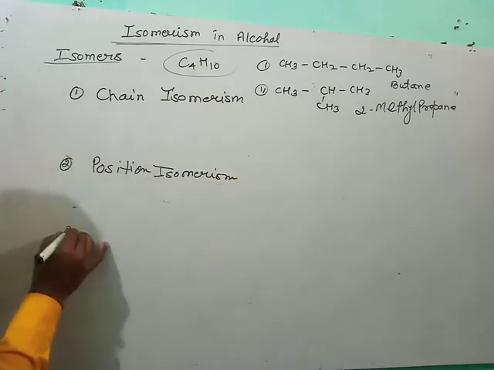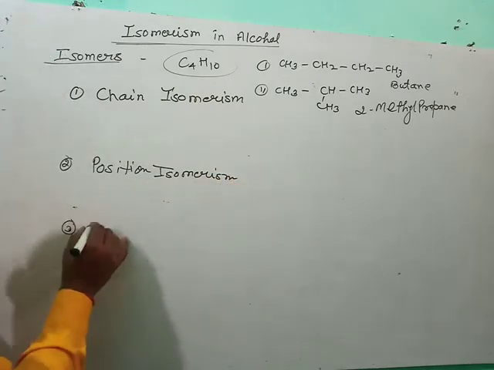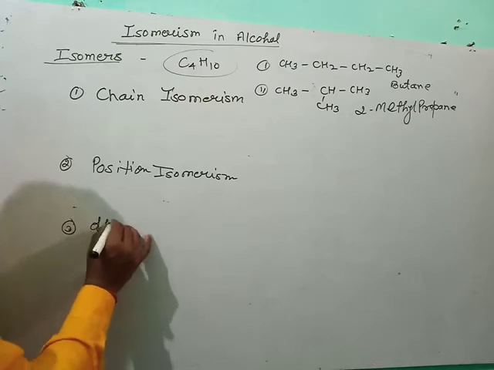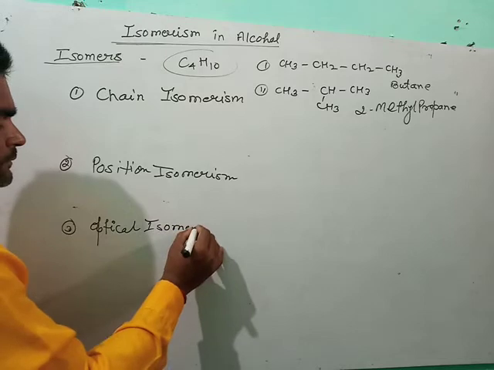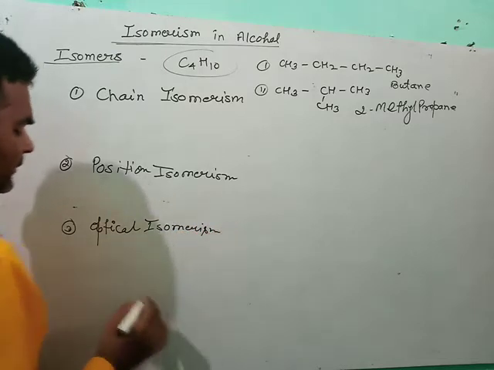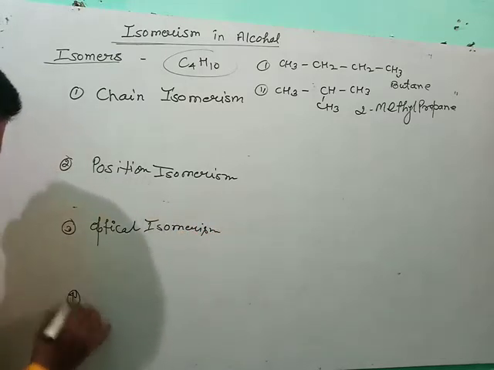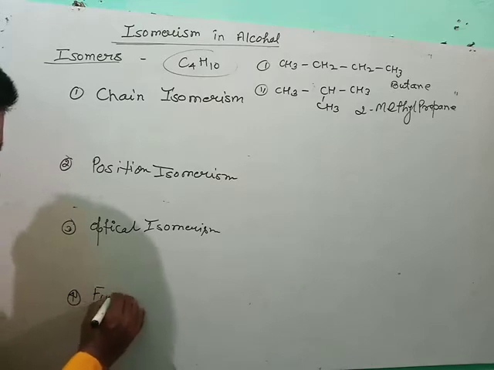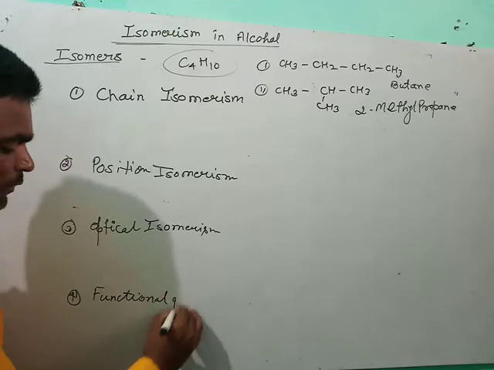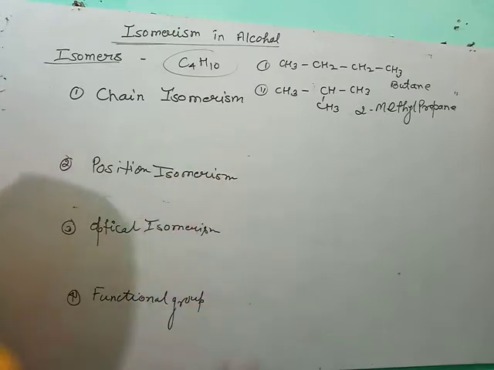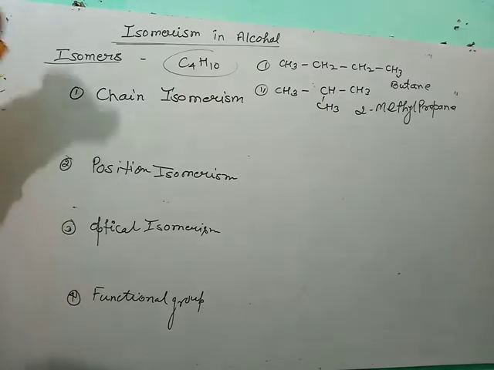Third one is optical isomerism. And fourth, last, is functional group isomerism. Chain isomerism is a type of isomerism in which the elongation of chain or length of chain is